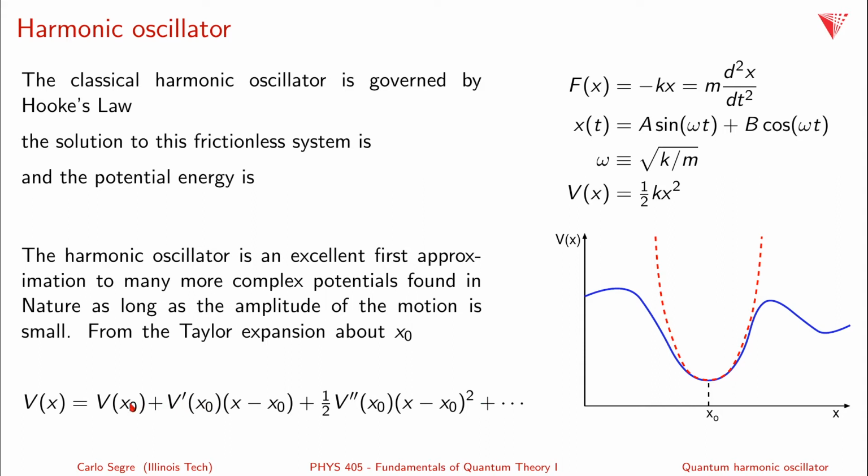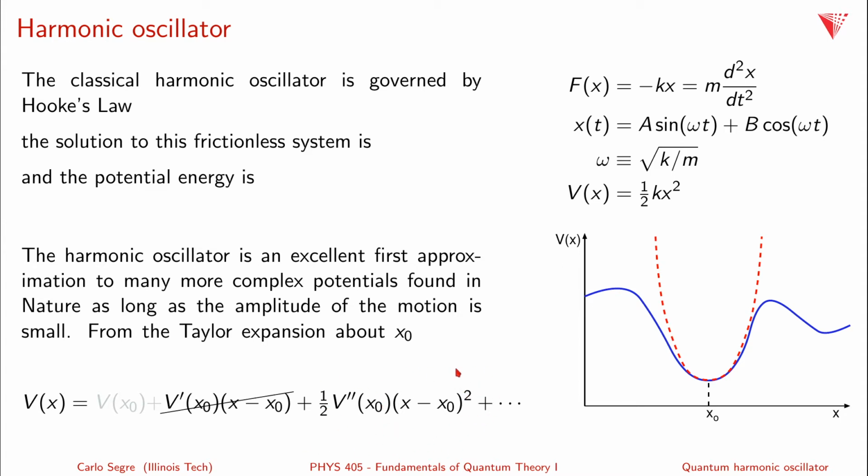So you get a constant term, a linear term, and a quadratic term. Now, if we assume that we don't really care about V0, just a constant term, it moves things up and down, and we don't have any linear terms because we're very close to this minimum, then all we're left with is a second order term, second derivative